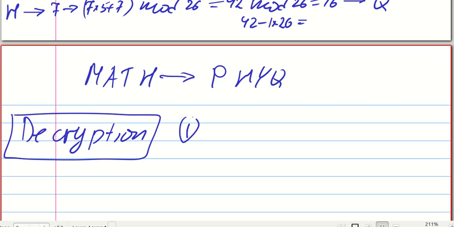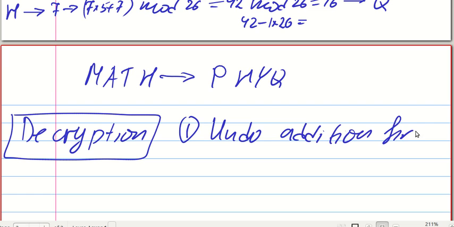So since we're doing 2 steps, we have to undo 2 things, and since addition is the last thing that we do when we encrypt, it's going to be the first to be undone. So undo addition first. And since we always move forward and we have encryption key delta, and we know that upside